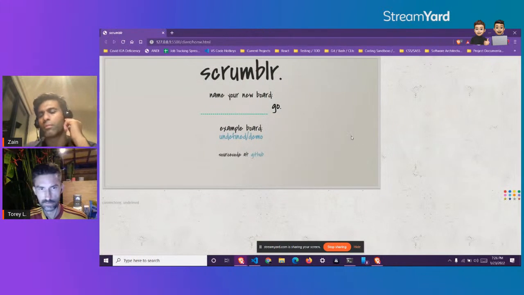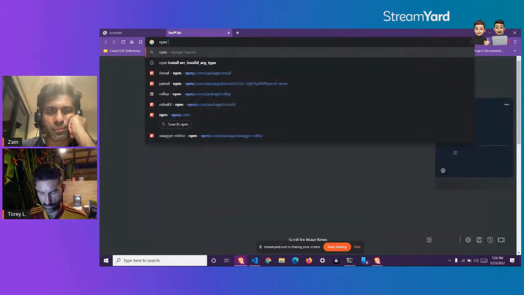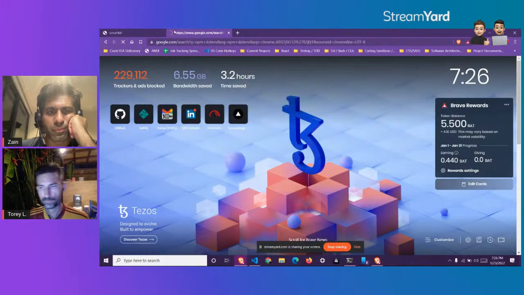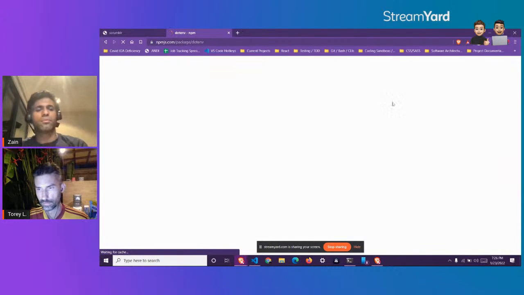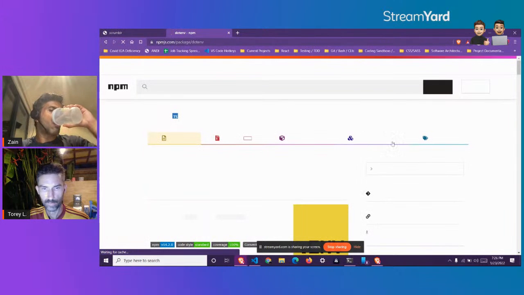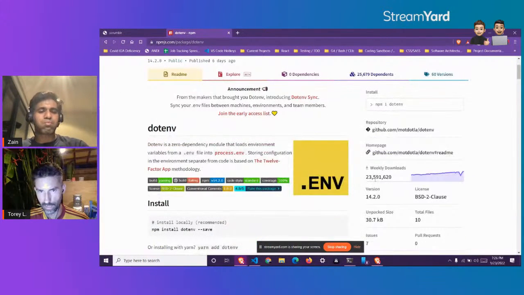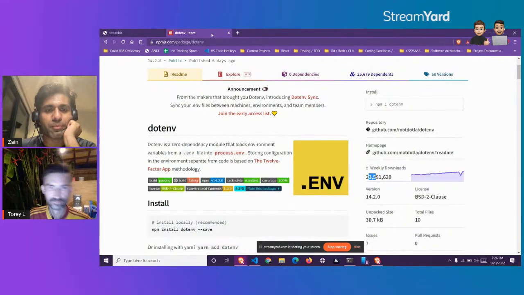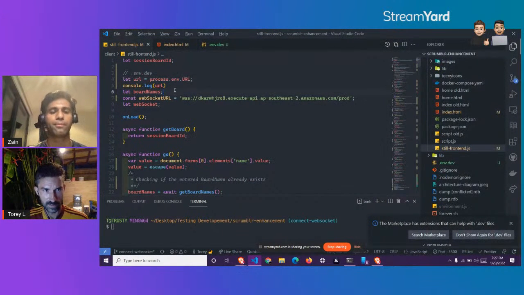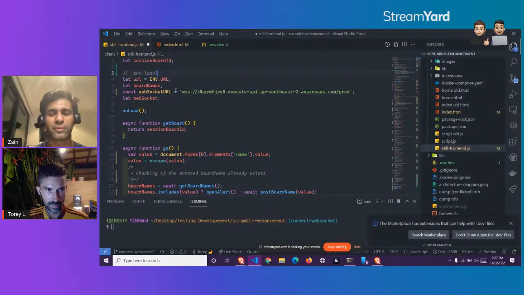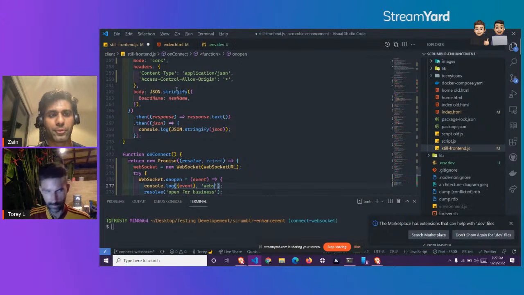The other way to do it is there's a very popular package called dotenv, and this basically loads environment variables for you. But usually I'm using something like React. Wow, 24 million weekly downloads. That's probably the most popular one for working with environment variables, of course, if you need it. Keep that in mind. I'll just revert this back to the way it was for now.